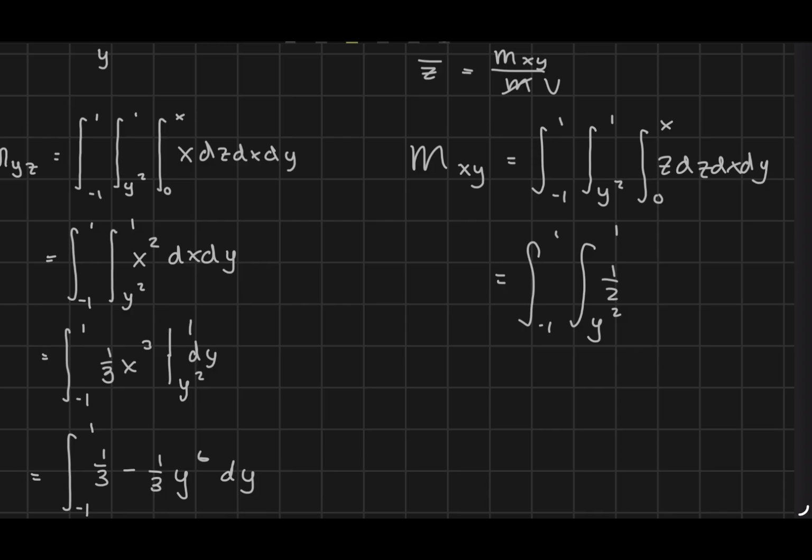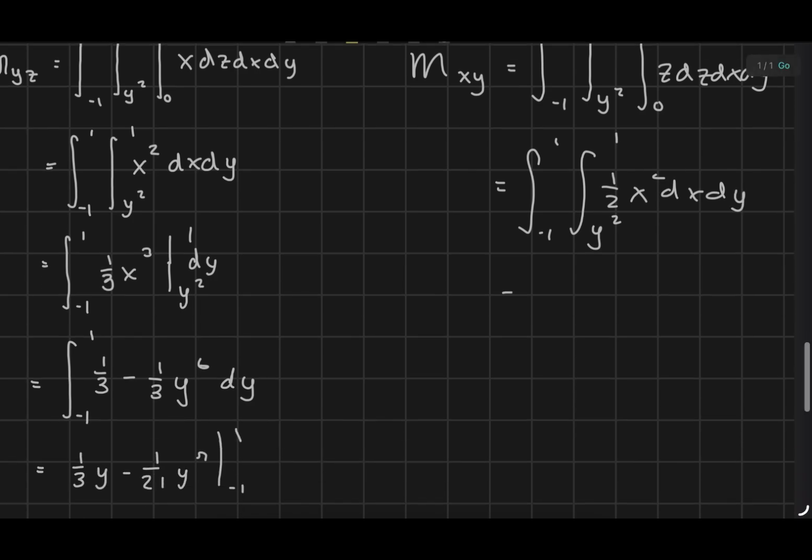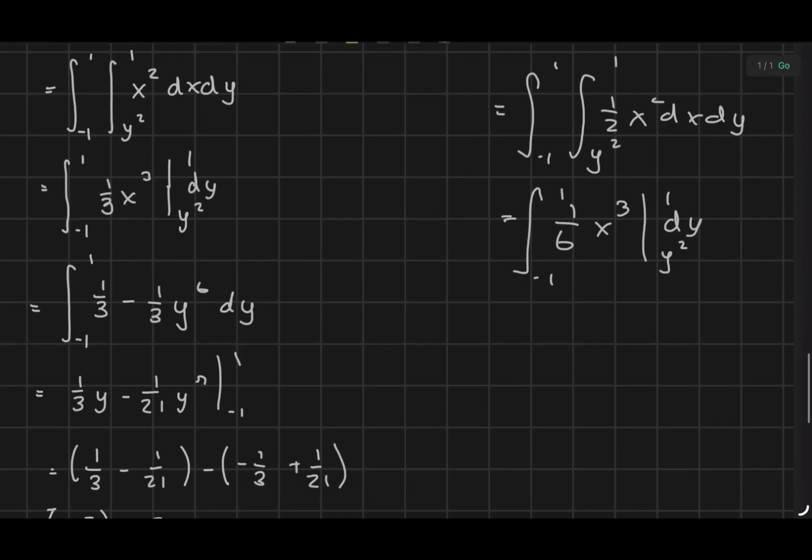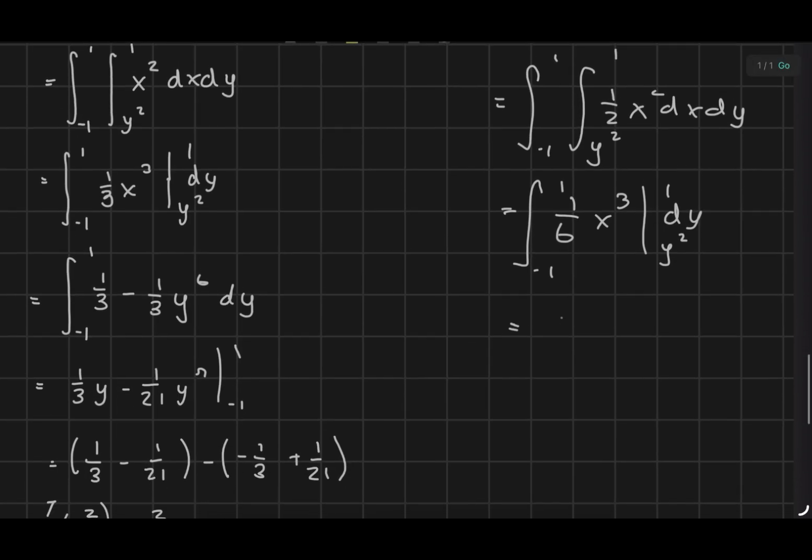So this is going to be 1/2 x squared dx dy. Which is going to equal -1 to 1 of 1/6 x cubed from y squared to 1 dy, which is going to equal the integral from -1 to 1 of 1/6 minus 1/6 y to the 6th dy,